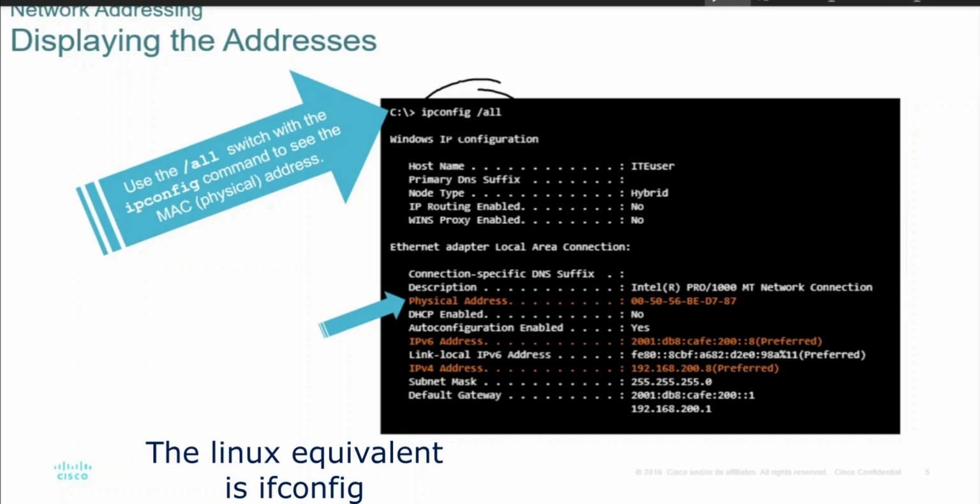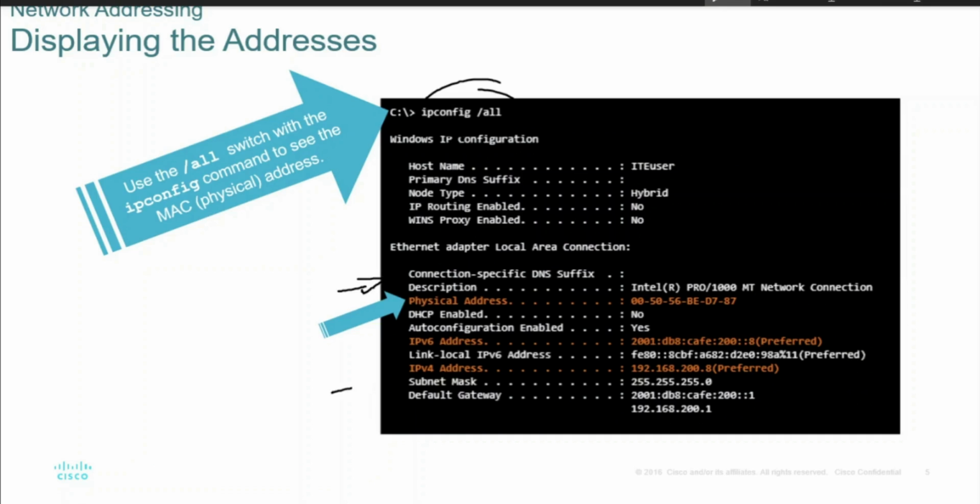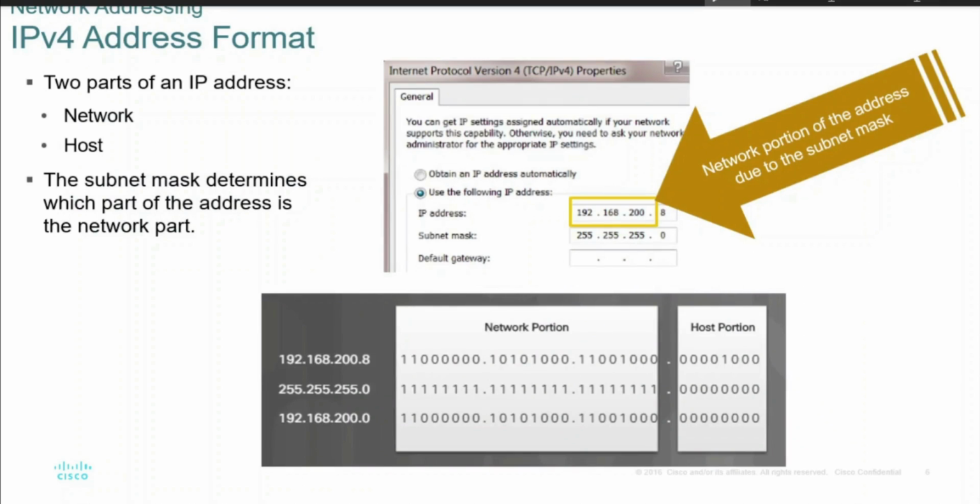It will display all the IP addresses, physical addresses, IPv6 address, etc., along with subnet mask and gateway address about your computer. Your IPv4 address is a dotted decimal format address, meaning your IPv4 consists of 4 decimal numbers, which vary from 0 to 255.